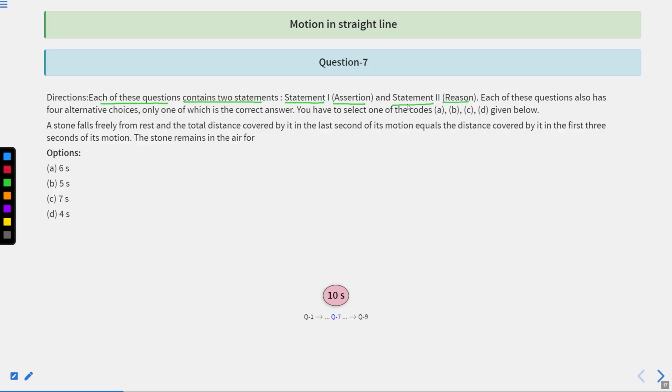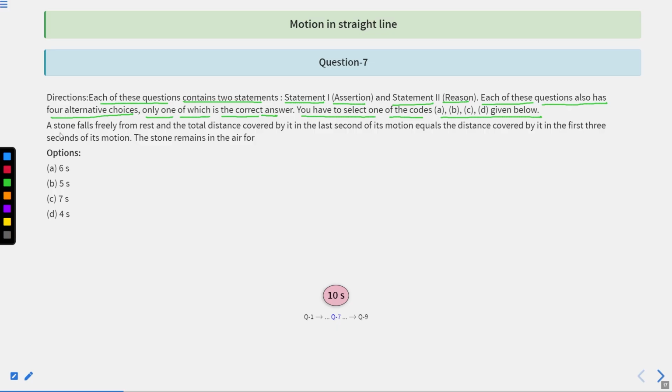This type of question is known as an assertion reason type question. Each of these questions also has four alternative choices, only one of which is the correct answer. You have to select one of these codes A, B, C, D, which is given below. Clear? So the question is,